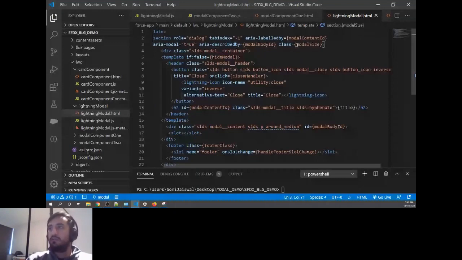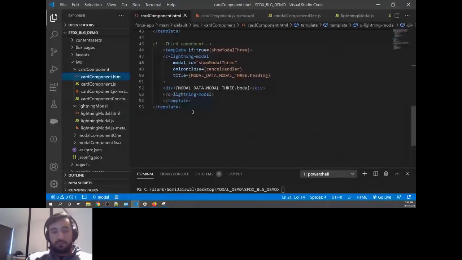Let's go and start playing with our component. So I'll say fourth component. I'll copy paste the fifth component. Copy paste the sixth component. And the component will remain the same, or I can show you everything in the same component as well.